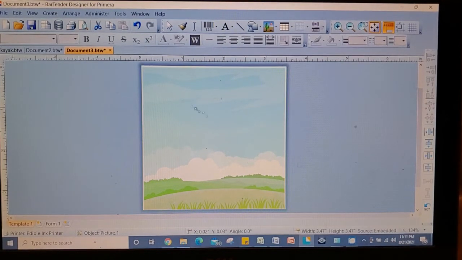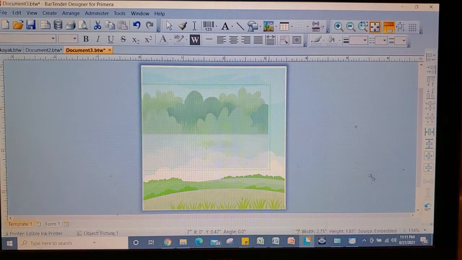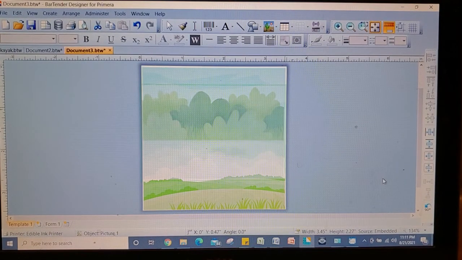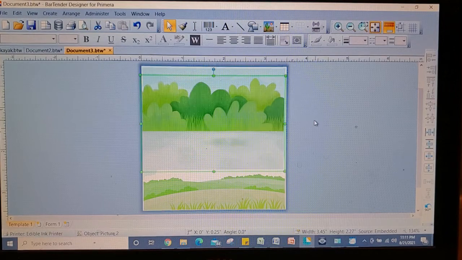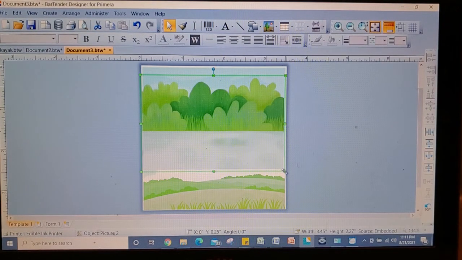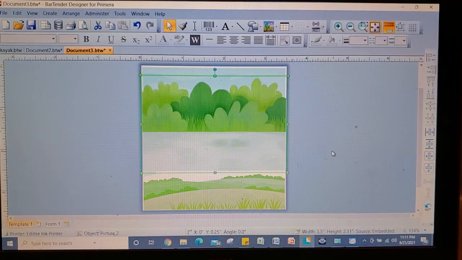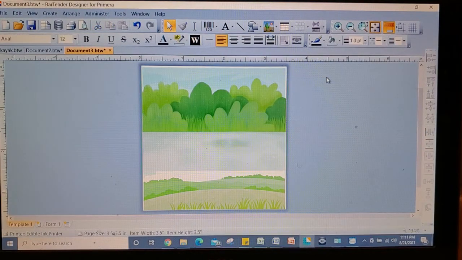I'm going to hold my left mouse key down and make it as wide as my cookie. Now I can bring this up or down depending on how much sky I want to show. I need to make it just a little bigger. So now I've got my sky in the background and I've got my bushes, and I don't have any good